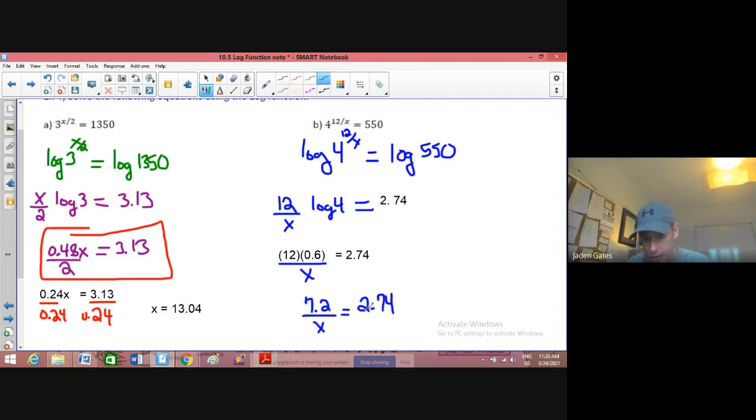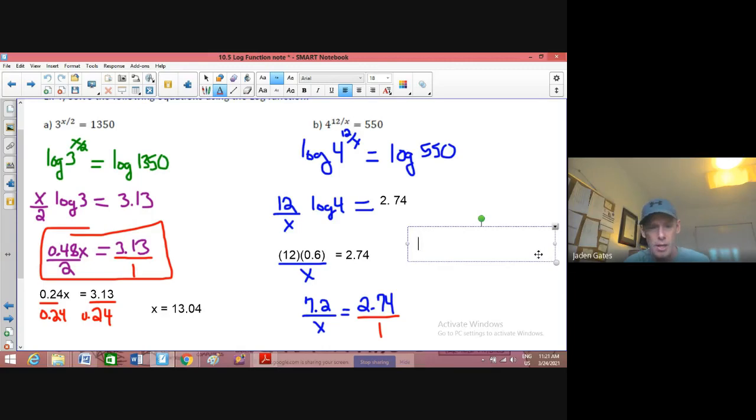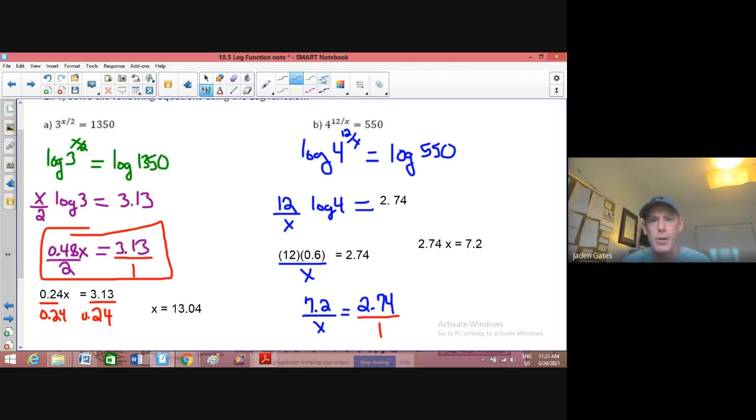But what you don't realize here is I got a number equaling a fraction. Now, we've had that before, and I'm going to do the same thing I did before. Now, I could have done the same thing over here. I have a number equaling a fraction. Usually, it's kind of reversed, right? But what I'm going to do is create a fraction equaling a fraction. Because, again, I can cross multiply to solve. So I'm going to have 2.74 times x is equal to 1 times 7.2. Well, that's 7.2. All right, and then finally, again, the last step here, just dividing by my numerical coefficient,